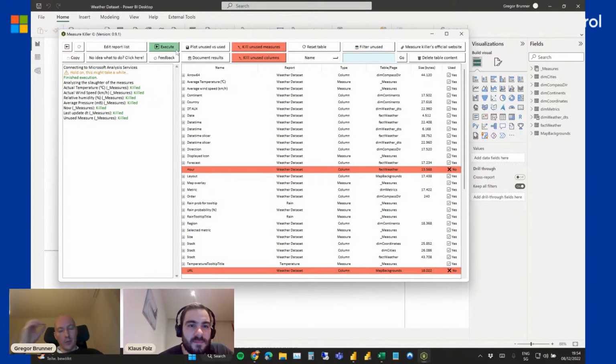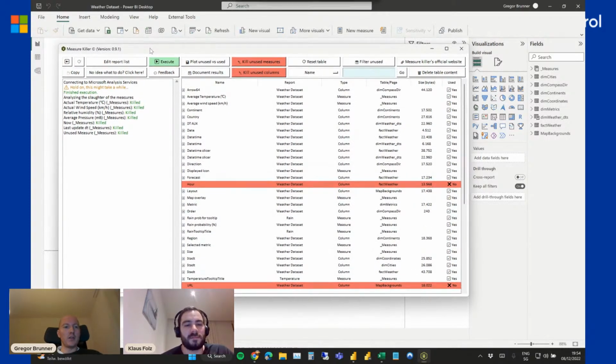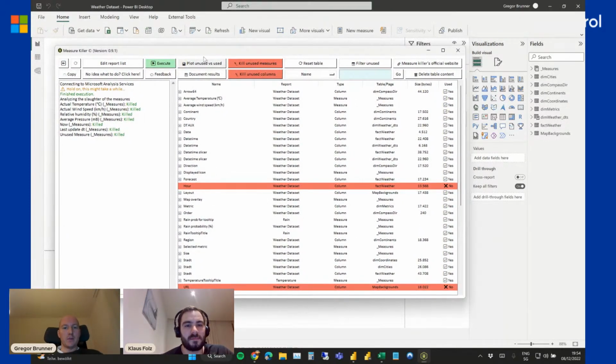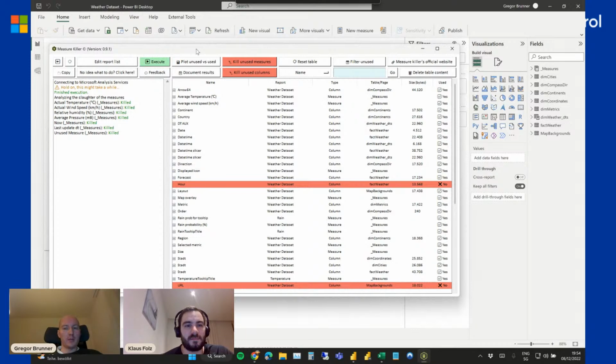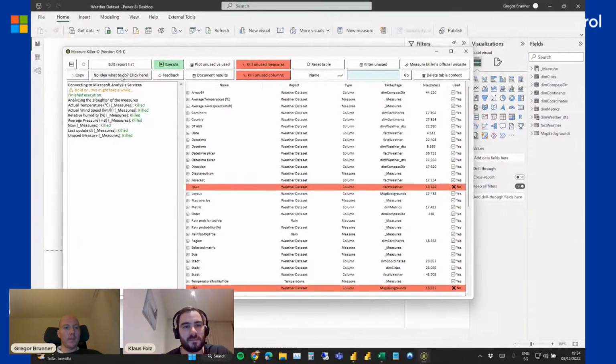And this is part of the free version because we don't want to take anything from the community. So if you're able to download your data sets, you can use this without any issues. It's free to use. We also have some buttons here, like "no idea what to do". It will take you to our